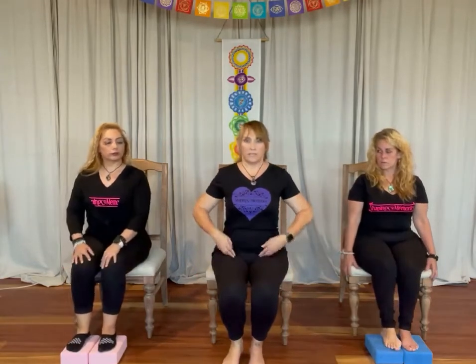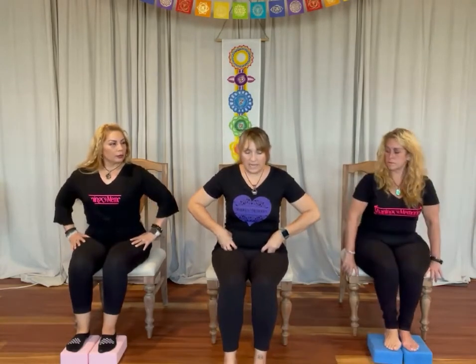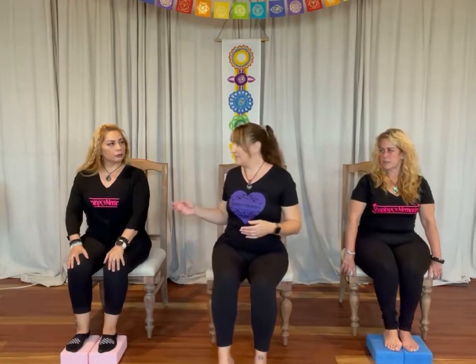We need to stretch through these hip flexors. When you're sitting a lot, these tighten up, and when these tighten up, they put extra pressure on the lower back. So if we can get a nice stretch through the hip flexors every day, that's a great thing. A really easy way to do it would be to lay on the floor and stretch, or to stand up. If you're standing,